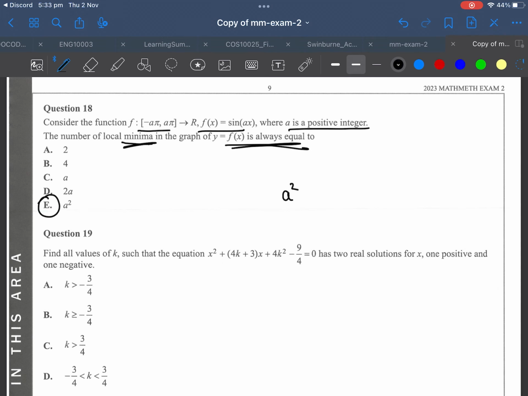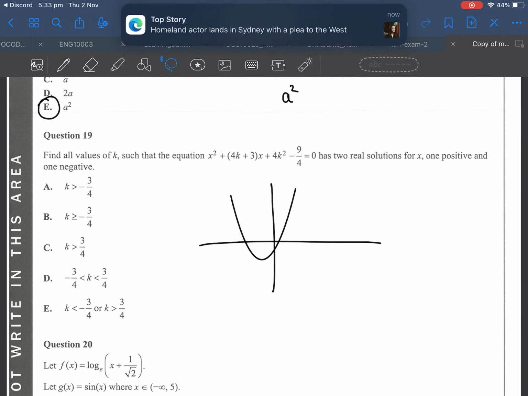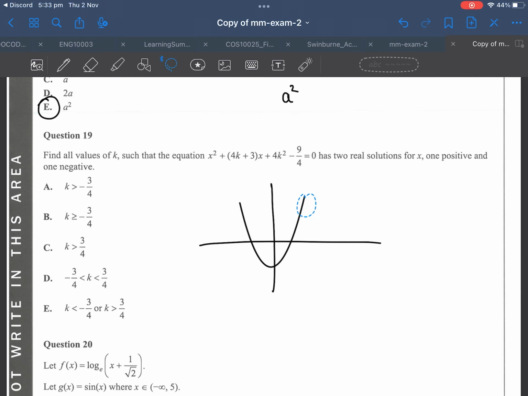Okay, moving on. Question 19. So find all the values of k such that the equation x squared plus 4k plus 3x plus this equals 0 has two real solutions for x, one positive and one negative. Right. Okay, so let's say that this is our parabola. So we want values of k such that our parabola stays between these two ranges. Okay, so if I want my parabola to exactly just have an intercept at the origin and some other point,